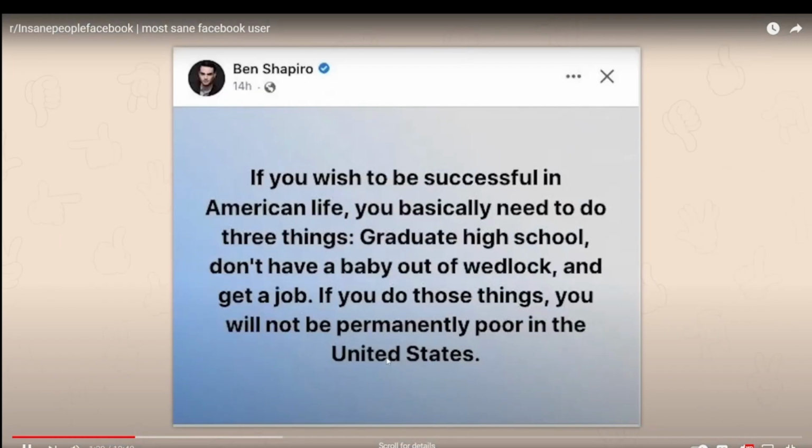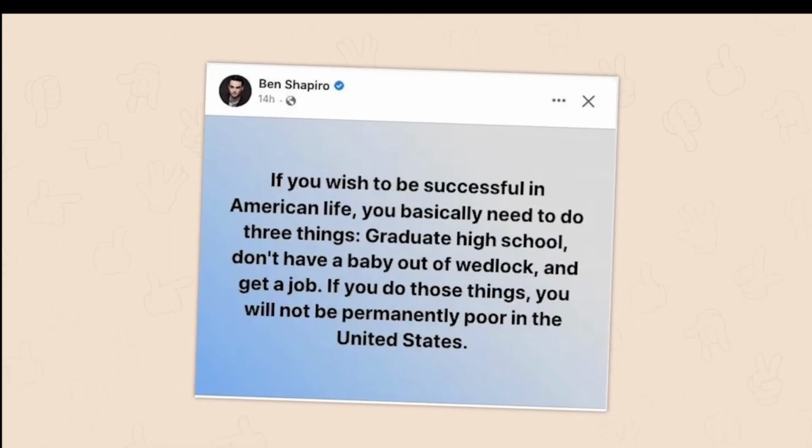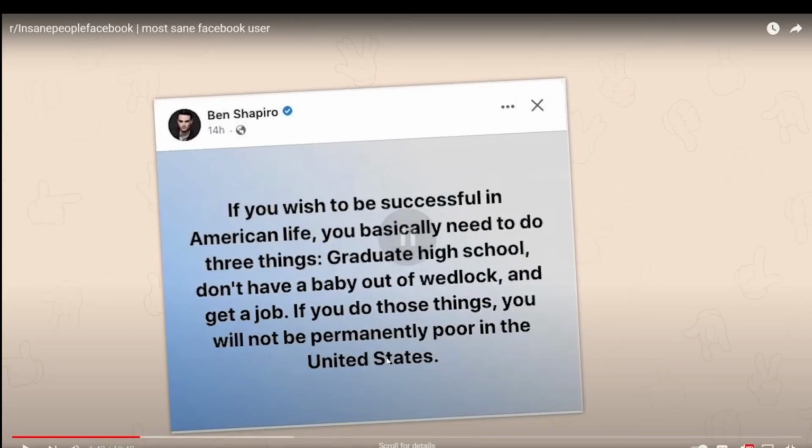More in the United States. That's literally a lie, Ben. That is not true. That's not how this works. Also, yeah, that is not true because